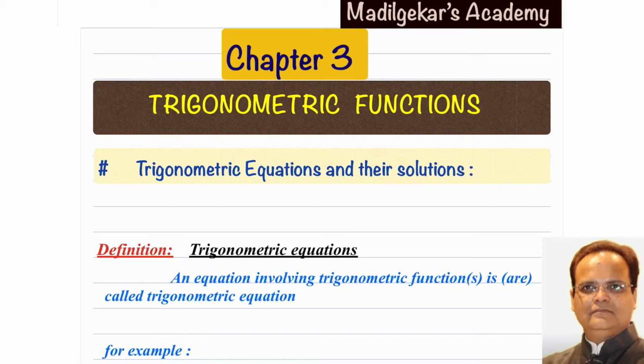Today we are starting the third chapter of Mathematics 1, class 12, that is trigonometric functions. We studied a lot of results, a lot of formulae and discussed many examples based on trigonometric ratios and trigonometric functions in class 11, like examples based on factorization, defactorization, double angle, triple angle, and many more. Here we are going to study trigonometric equations.